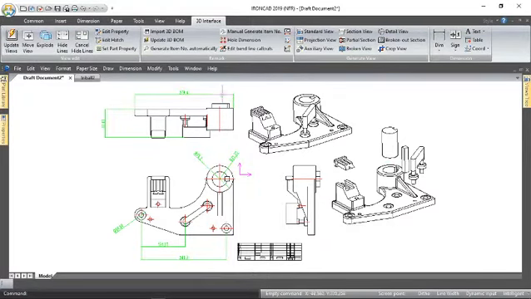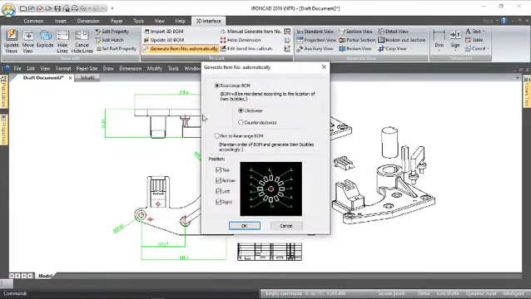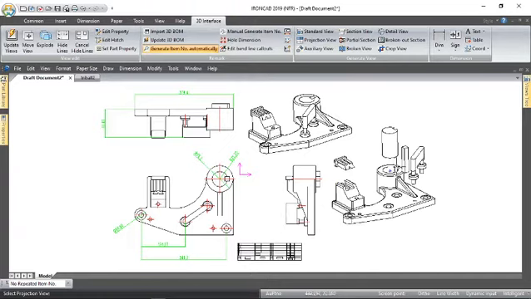model. So what I'm going to do here, I would just go to just find the where we put the generate item number automatically under remarks. So I'll pick on that one there, and in here this dialog box will come up, and you can say whether you want these balloons to go clockwise or anti-clockwise and so on and so forth. But for now, I'll just say OK to that, and I'll just pick on the view there, and I'll just bring these out